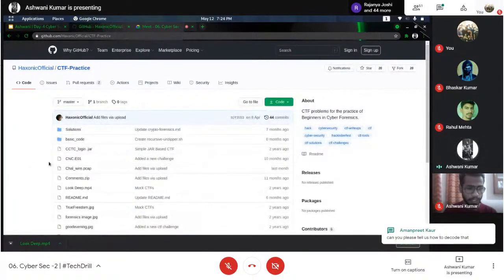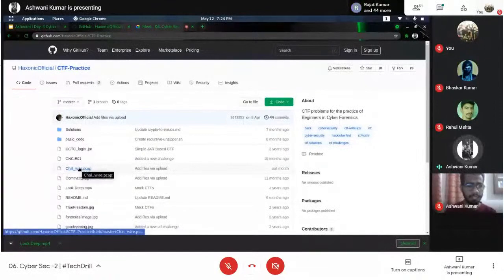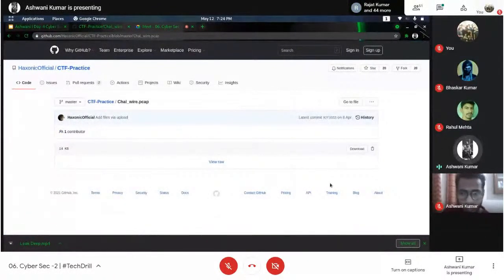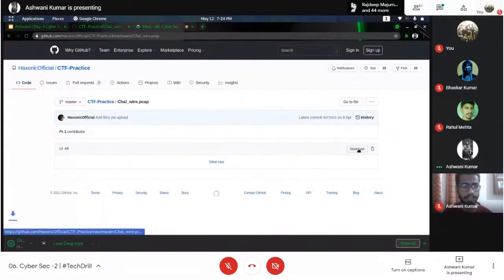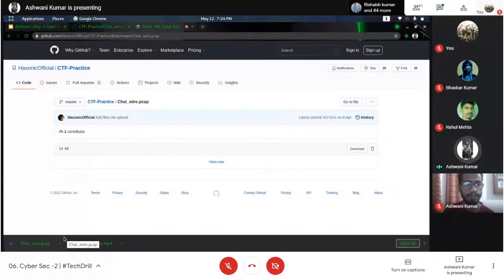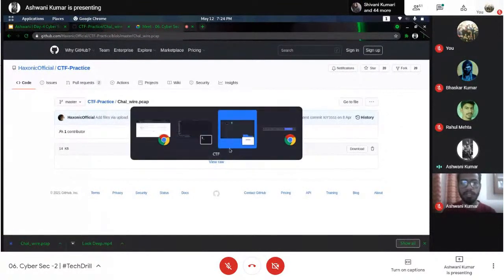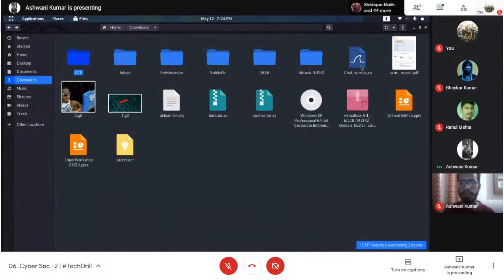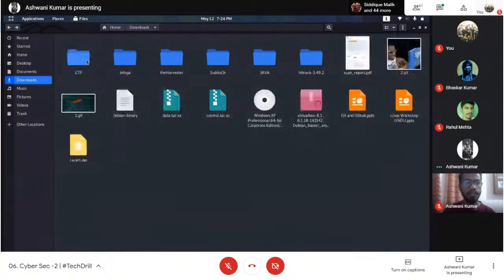We have already seen Wireshark, so we can see it once again. One of the challenges can be solved with the help of Wireshark. You might be wondering how a challenge can be given in Wireshark.